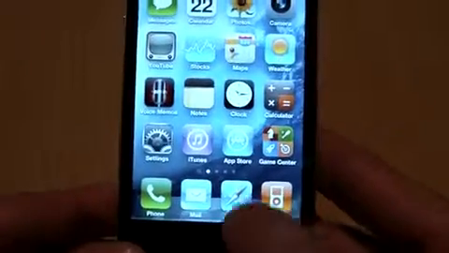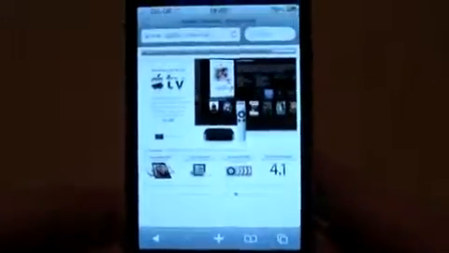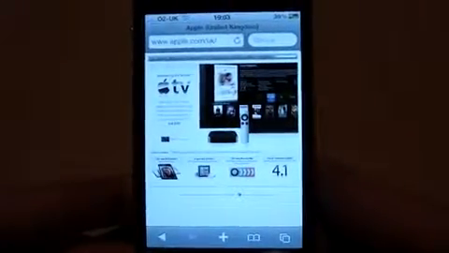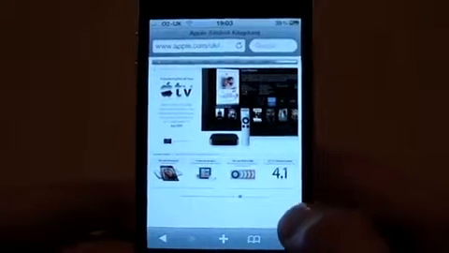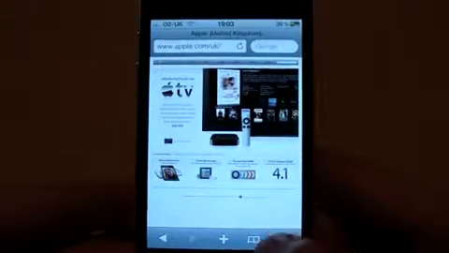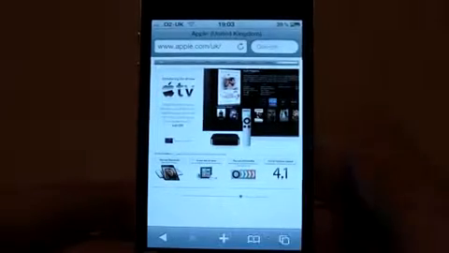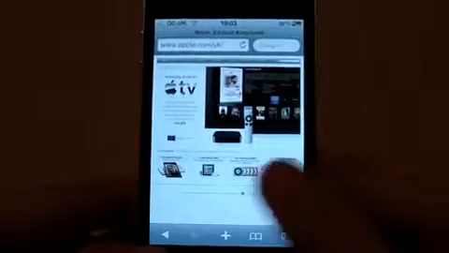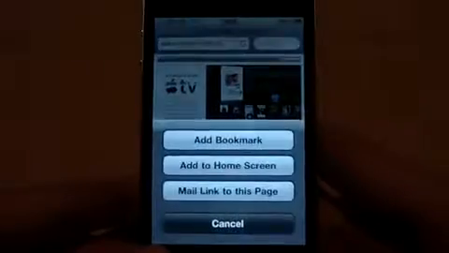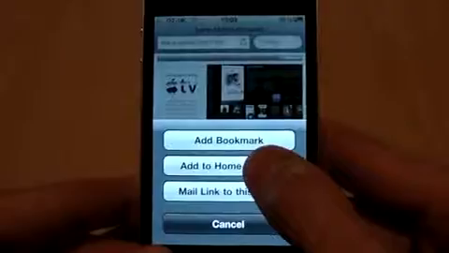Tip number 4 is web clips. If I go into Safari again, here I am on the Apple UK homepage. If I want to keep a link to this on the home screen of my iPhone, you can do this with any web page. It doesn't have to be the home page; it can be any page of any website. Just hit the plus button here, click Add to Home Screen,